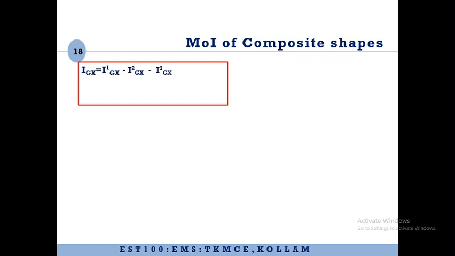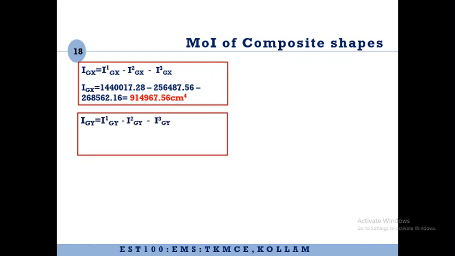Now this is the first equation that we have written, that is moment of inertia of composite shape about the Gx axis will be sum of the moment of inertia of simple figures about the Gx axis. So all we have to do is substitute the values we have already found out. We will get it as 914,967.56 centimeter raised to 4.